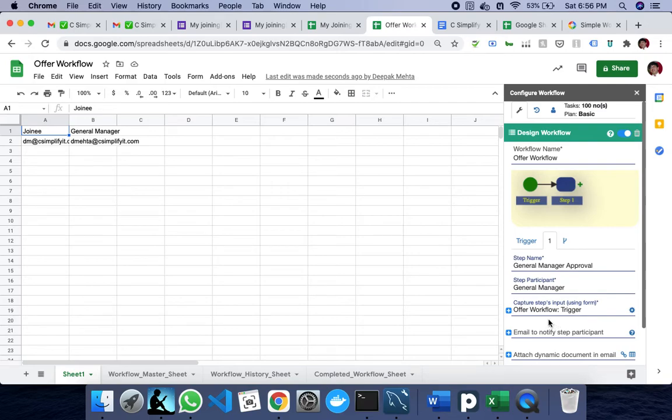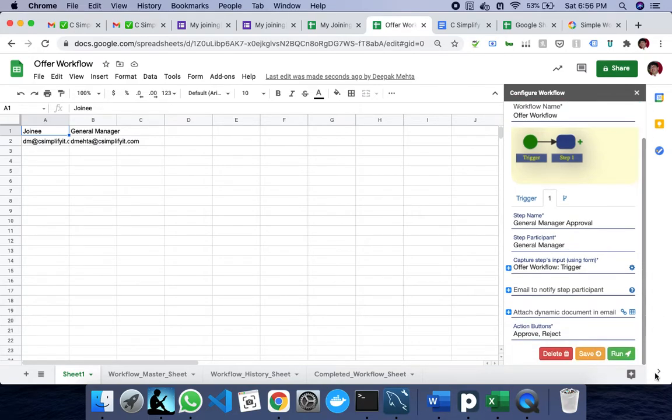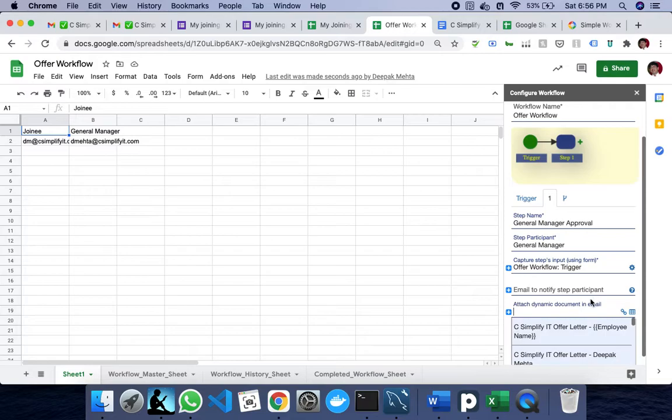So I send it to general manager. Then I can also choose if I wish to use a template or it's an optional field. For now I will not choose it, and what I would still like to do is have the general manager look at the document which is generated based upon the joining information, and save this step.